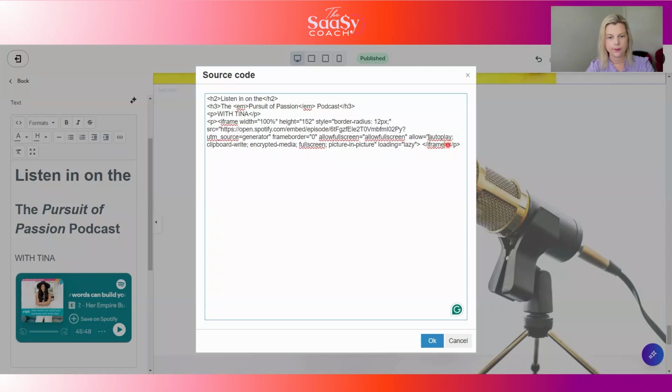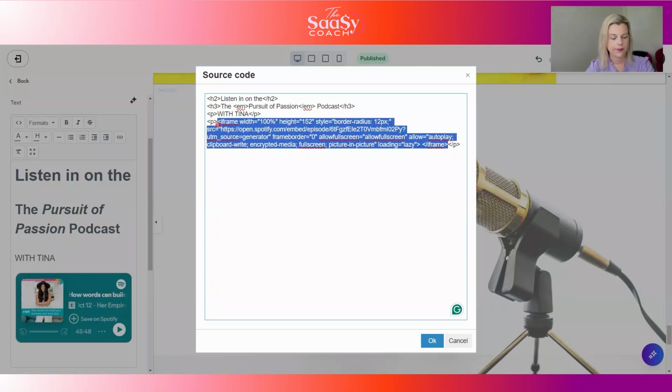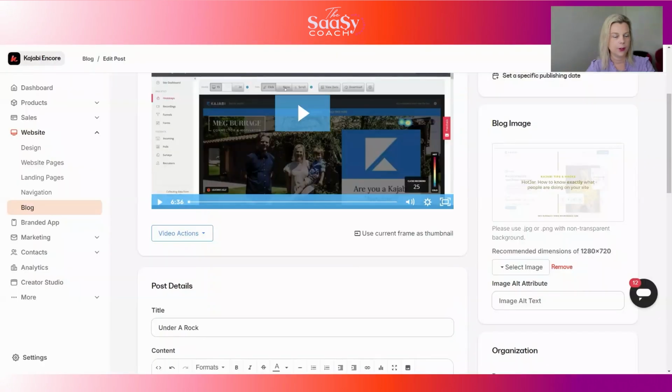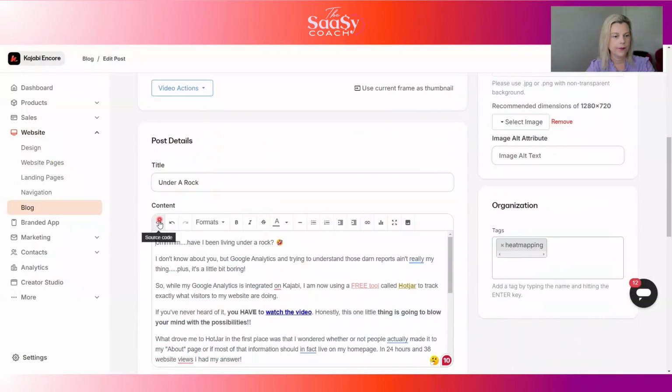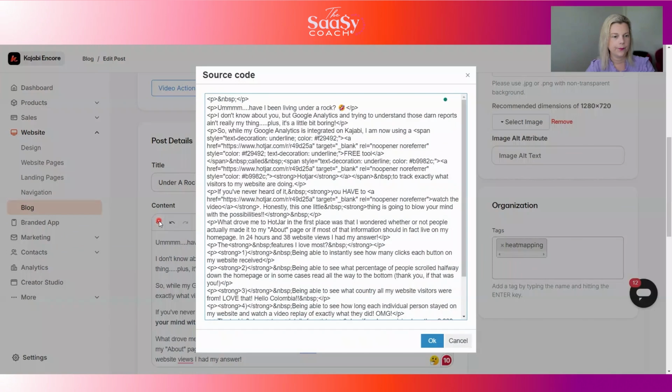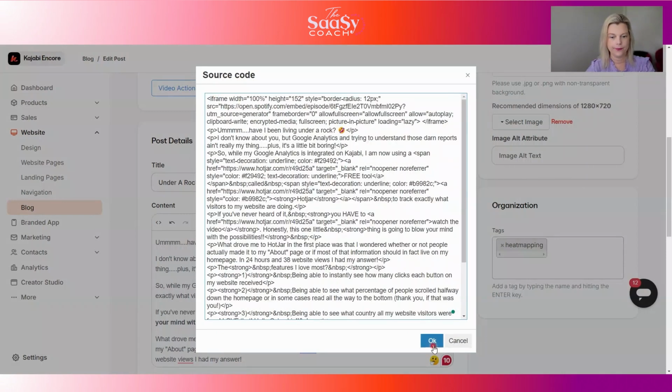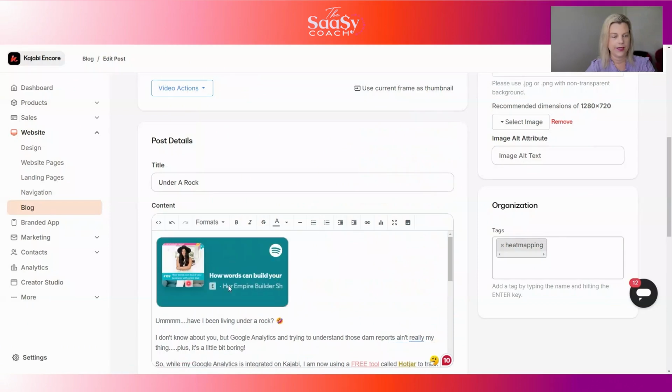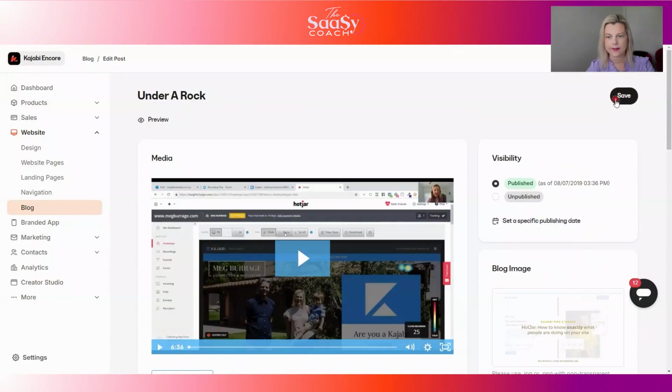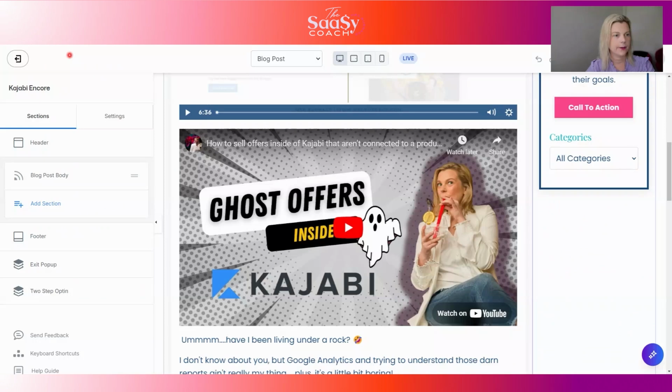Oh, sorry, missed a bit. Just like that. And if I go back over to my blog, source code, and we'll just put it there. Okay, now it looks from here that it's only that wide, but if I come up here and click save and we refresh,